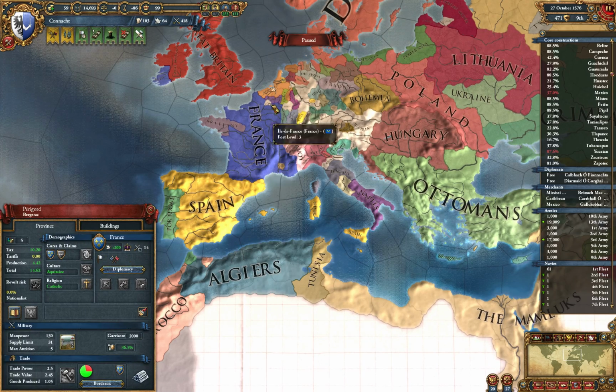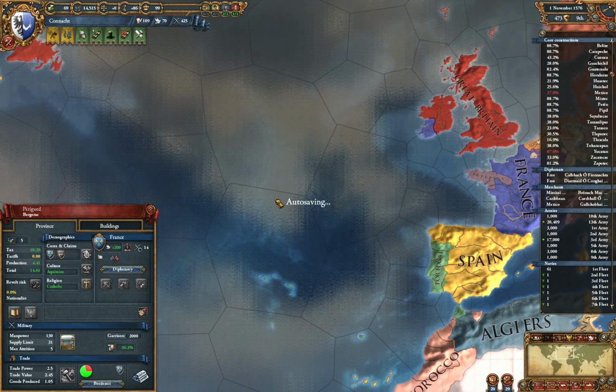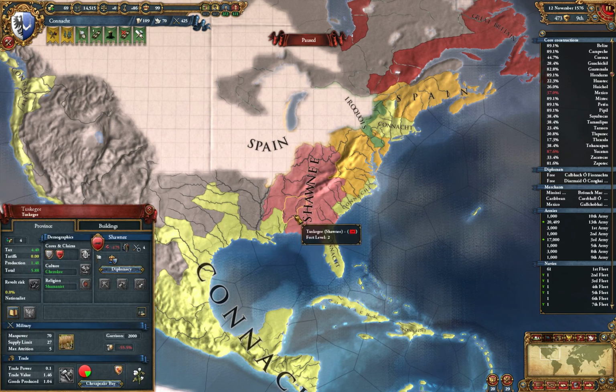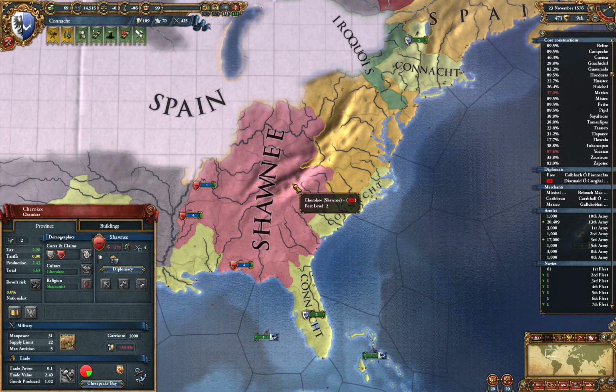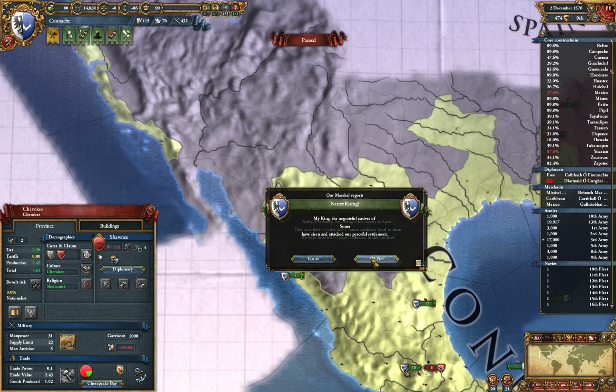What to do? I guess we just wait. And our diplomats sit idle for a little while. One of them's gonna go here and improve relations. That'll be useful in the long run to have better relations, so we can annex them. It'd be great if they,